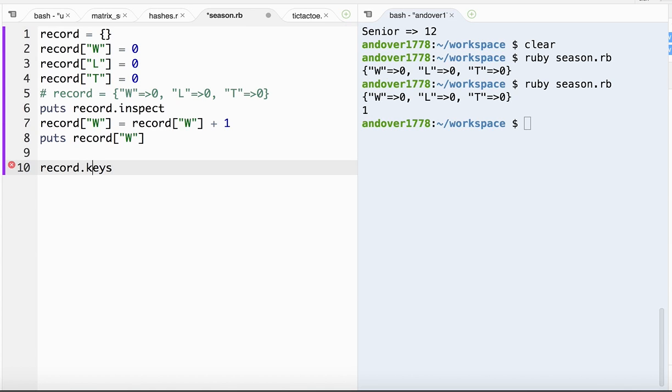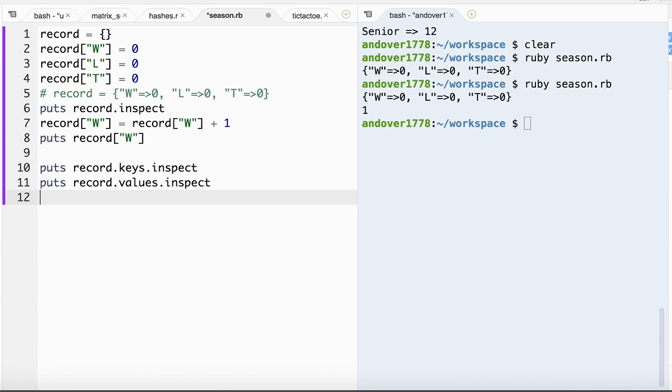And what that is, record.keys is an array, an actual array that contains all the keys of the hash. So if I say puts record.keys.inspect, and similarly I can do puts record.values.inspect,